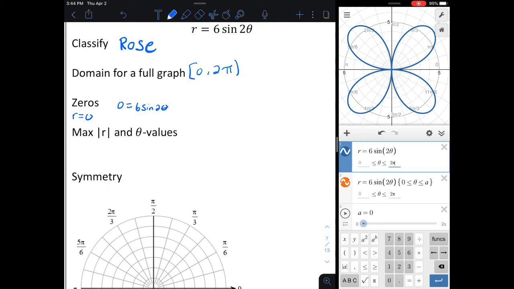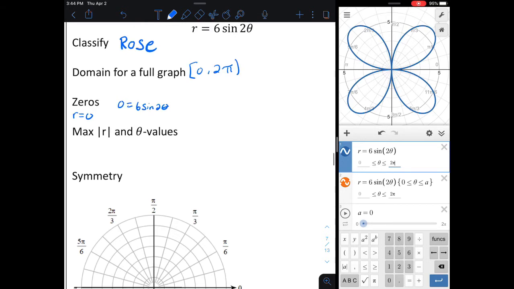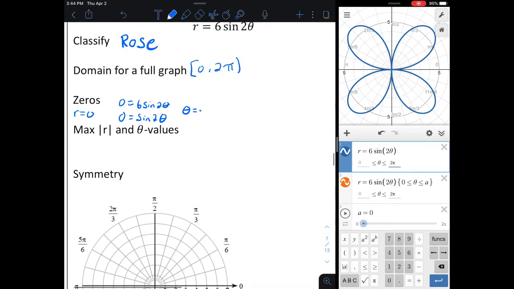And I solve for theta. Well, that's going to equal 0 when sine of 2 theta produces a value of 0. And we have to think, all right, well, sine of what values? This is where we go into our unit circle. Sine has to be applied to whole pi's to equal 0. So I start working my way around the unit circle, but I'm also having to multiply these values by 2 as I do it. So the first place it would equal 0 would be 0 itself, because sine of 0